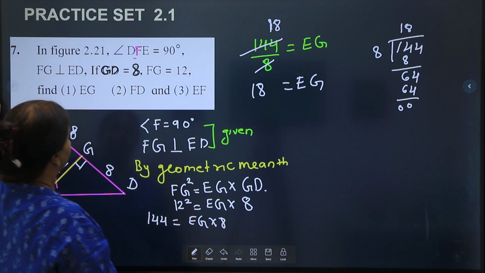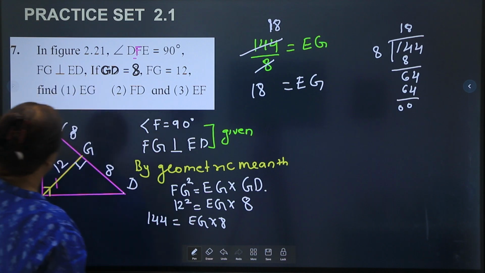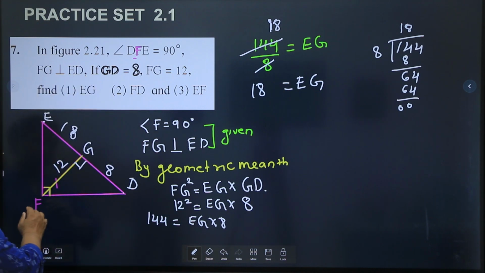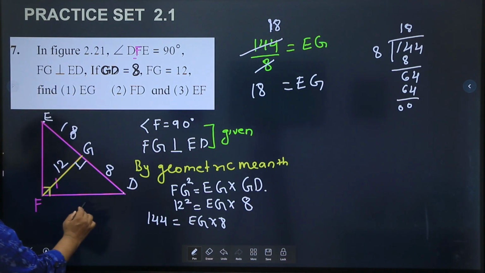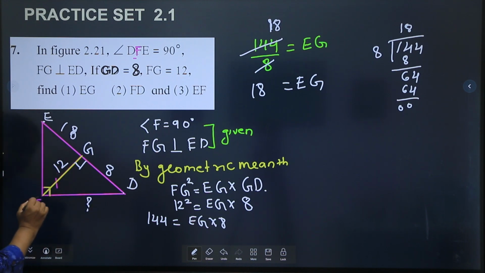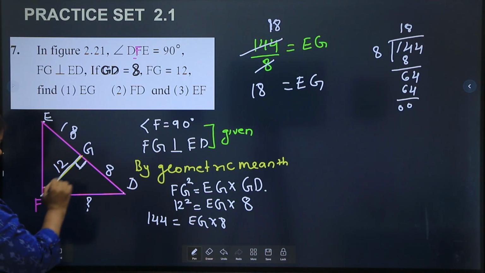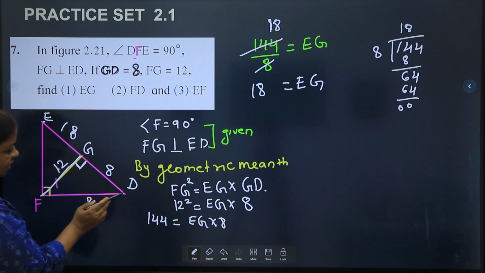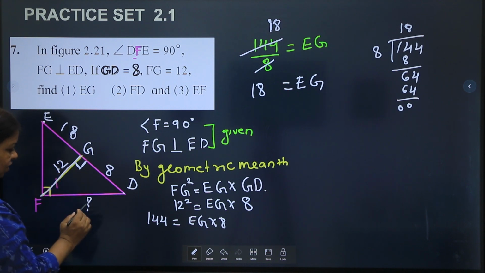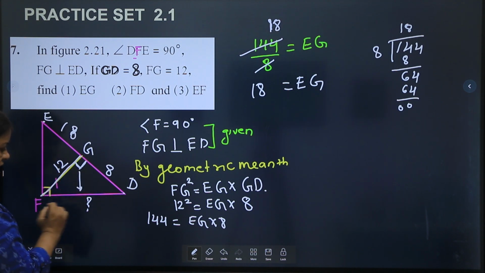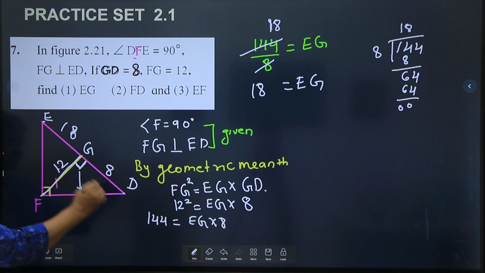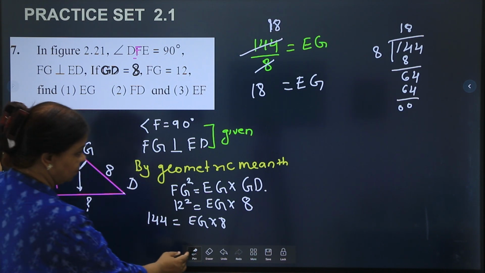Okay. Now what do we want to find out? FD. And how much is FD? This is FD. This is what we want to find out. Now look at this figure, children. FG is perpendicular and FG is given 12. GD is given 8. We can find this because this is going to be the hypotenuse. So in this triangle by Pythagoras theorem,